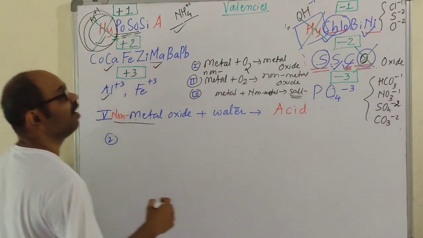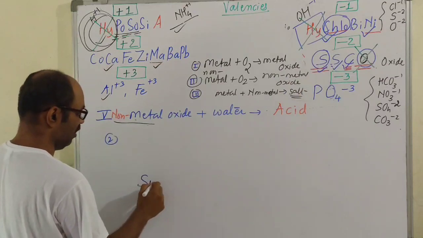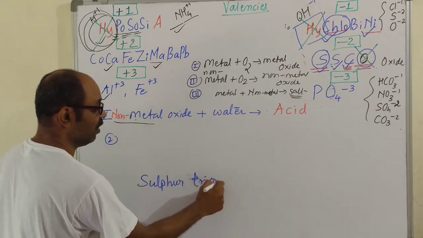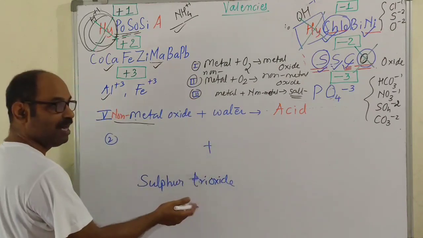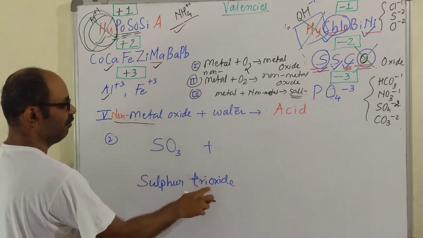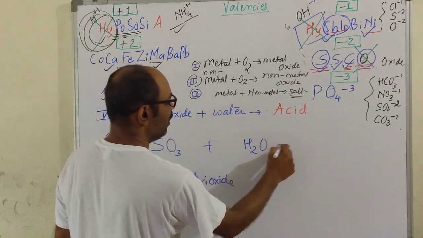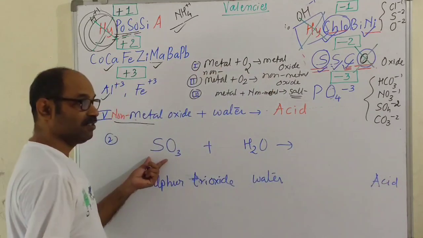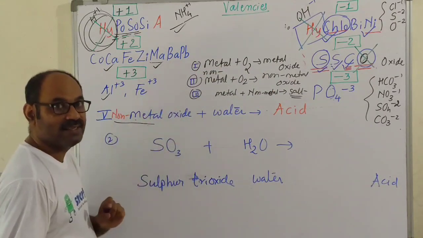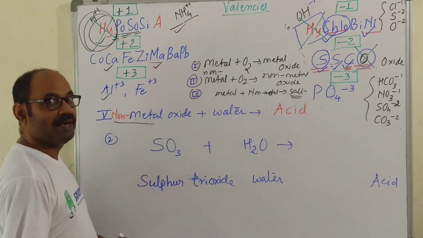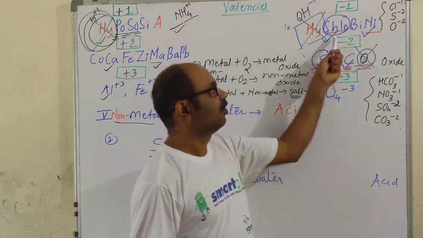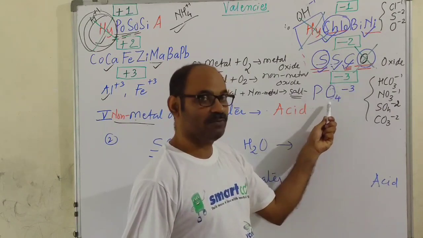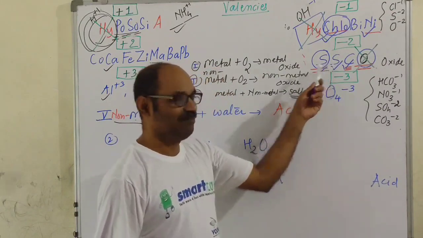Second example. हम अब सल्फर ले लेते हैं, सल्फर ट्राइऑक्साइड, डाइऑक्साइड नहीं, सल्फर ट्राइऑक्साइड लेना होगा। नाम से ही फॉर्मूला पता चल गया, S फॉर सल्फर, O3 फॉर ट्राइऑक्साइड, वाटर में डिसॉल्व करना है, सो H2O, और आपको मिलने वाला है एसिड, क्योंकि सल्फर नॉन मेटल है और यह नॉन मेटल ऑक्साइड है, व्हेन डिसॉल्व इन वाटर गिव्स एसिड। अब बोलिए इसमें कौन सा नॉन मेटल प्रेजेंट है, सल्फर, तो सल्फर में क्या आएगा, क्लोरीन वाला क्लोराइड, नाइट्रोजन वाला नाइट्रेट, सल्फर वाला सल्फेट, कार्बन वाला कार्बोनेट, या फॉस्फोरस वाला फॉस्फेट, okay, sulfur wala sulfate,